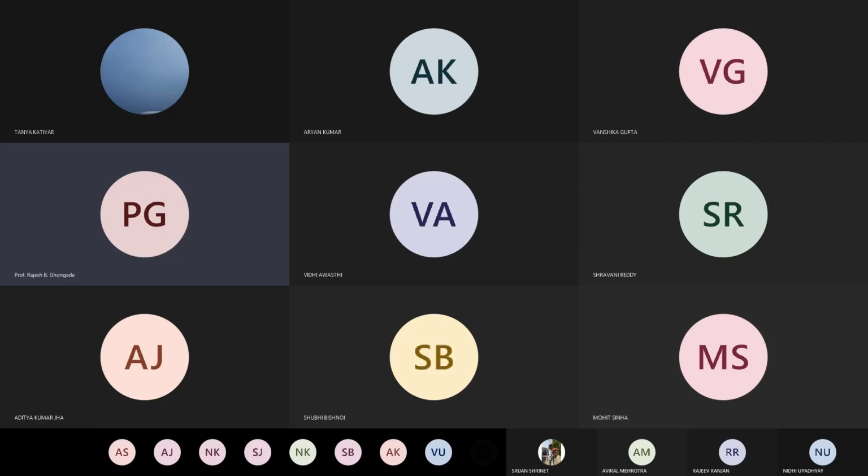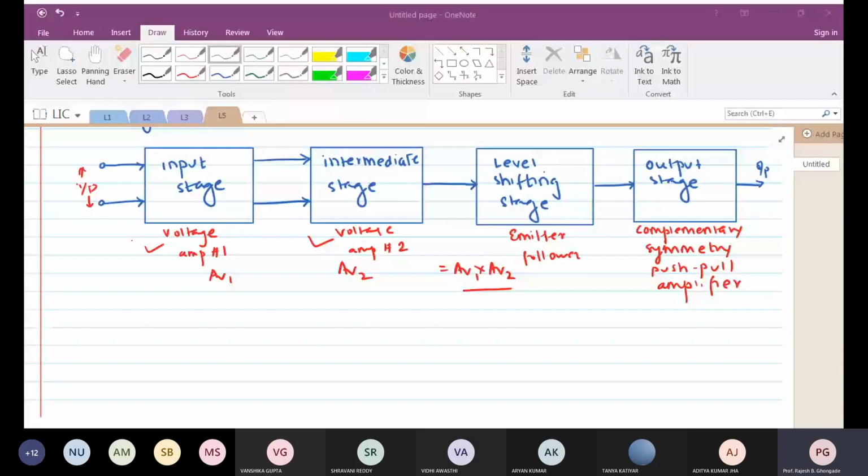This is a very, very important discussion. Of course, the next few lectures are going to be very important because that will help you in understanding the operational amplifier, the internals of operational amplifier. And of course, if you know the internals of operational amplifier, you can work very easily with all the op-amp related circuits. All right. So please pay full attention to whatever I say.